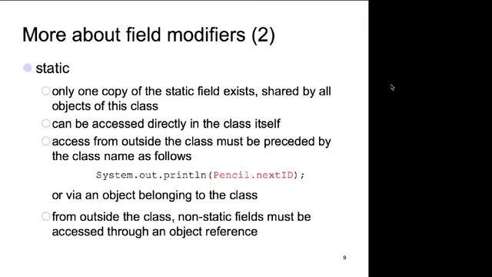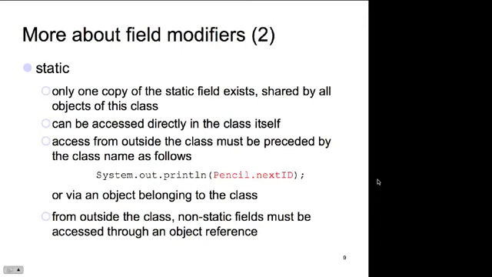It can be accessed directly in the class itself, not from an instance of the class, actually. In fact, you can actually change the value of that variable outside of all of the instances, which kind of blows the rules completely, but if you don't know the rules yet, it doesn't really matter. You learn it right from the beginning, you don't have to train yourself to think that way. So when it's accessed from outside of the class, it must be preceded by the class name. So here we have